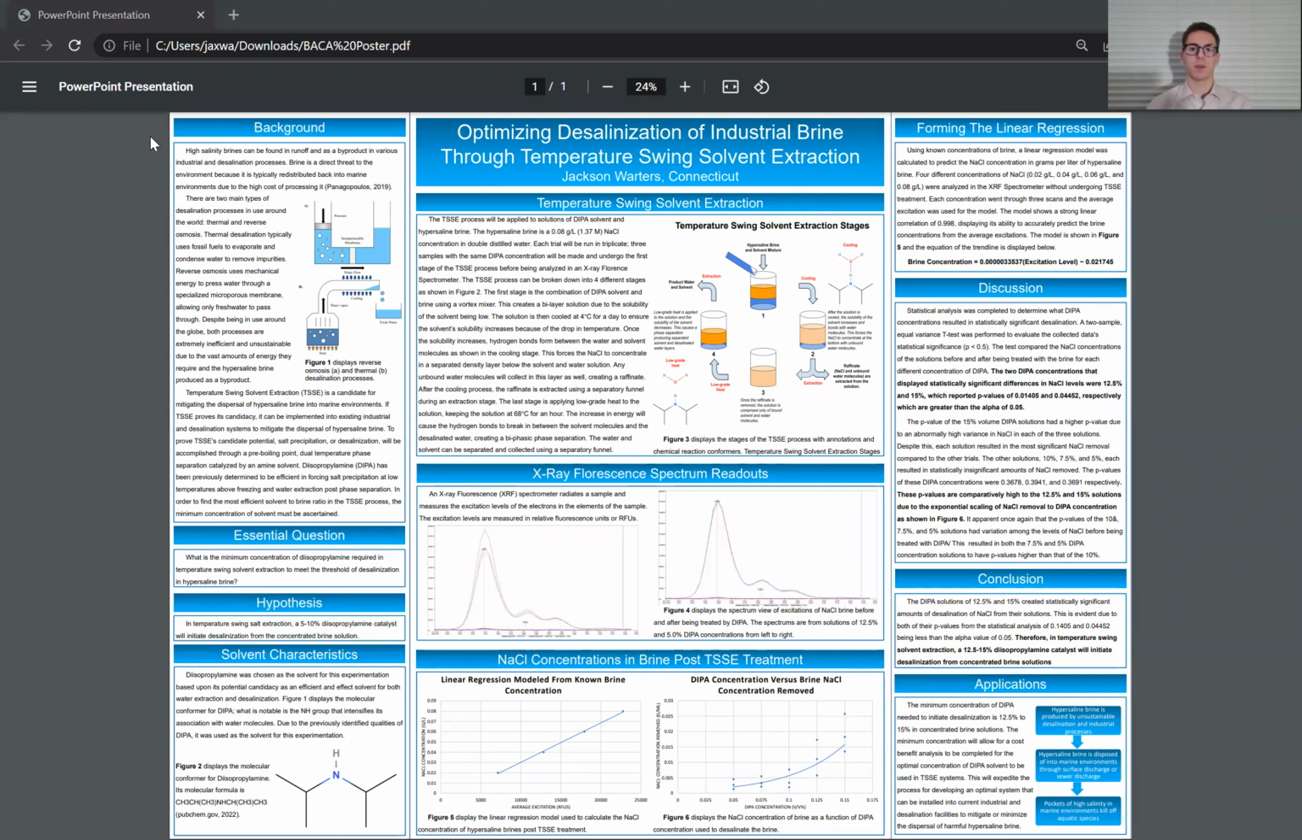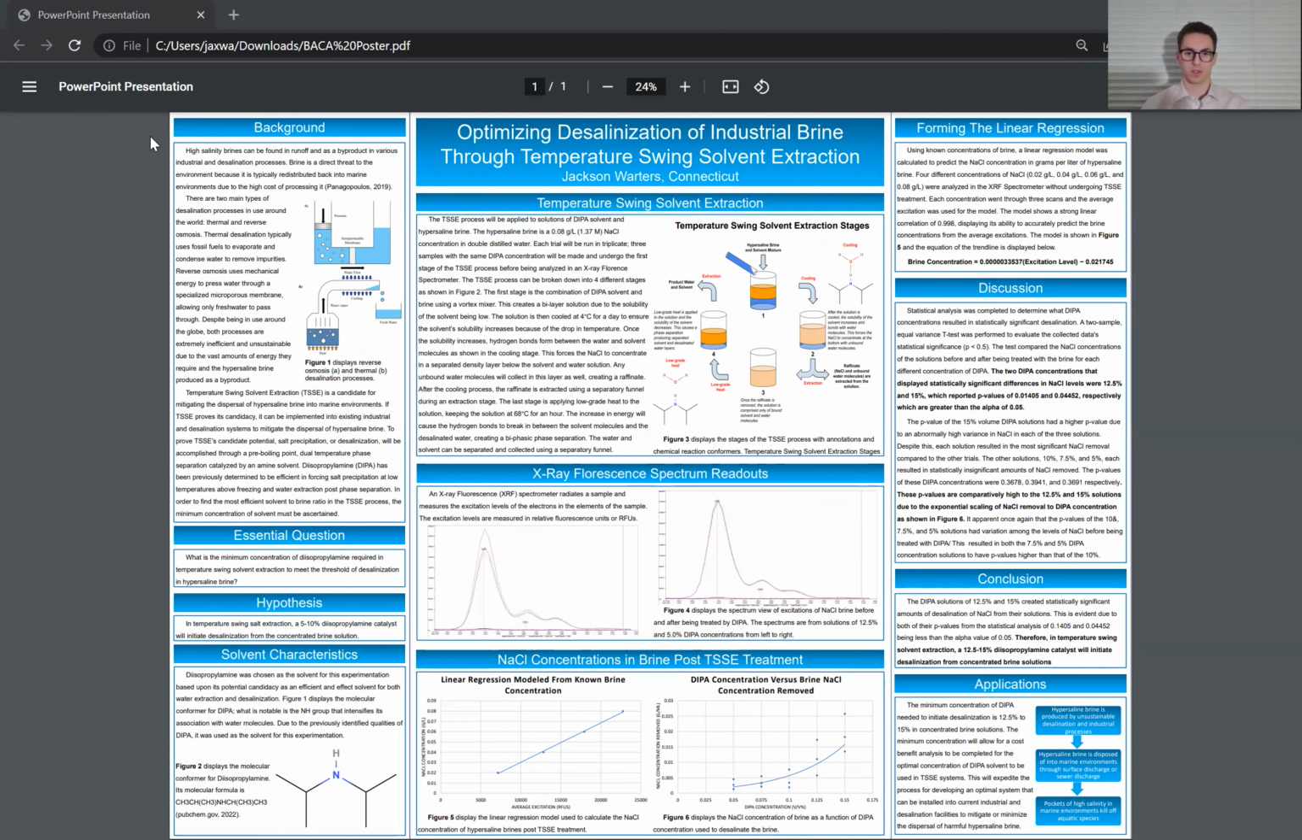My project is optimizing desalination of industrial brine through temperature swing solvent extraction. The goal of my project is to ascertain the minimum concentration of diisopropylamine required in temperature swing solvent extraction to meet the threshold of desalination in hypersaline brine. Temperature swing solvent extraction is a form of desalination that uses an amine solvent to purify hypersaline brine into desalinated water. I am using diisopropylamine as a solvent to force salt precipitation from the solution, which I am measuring